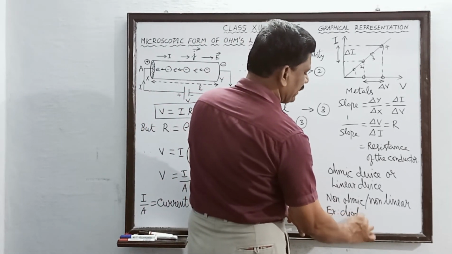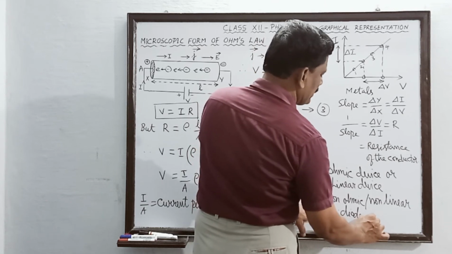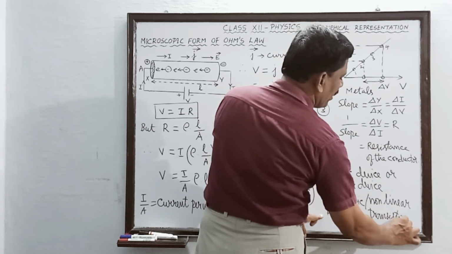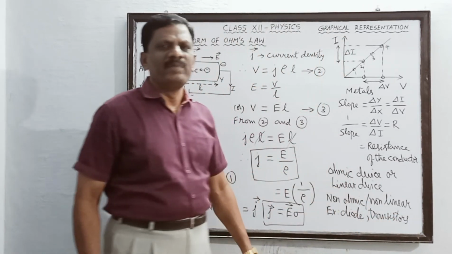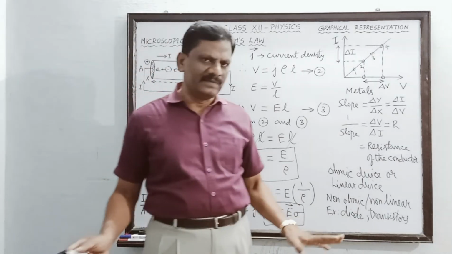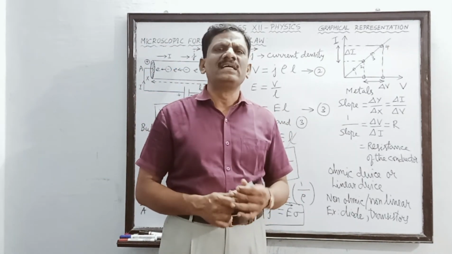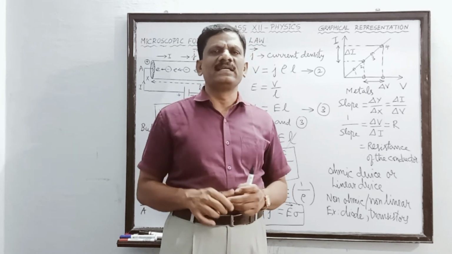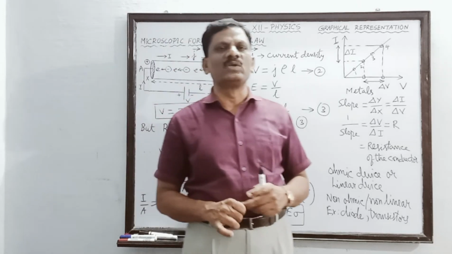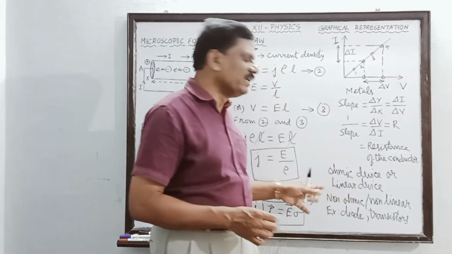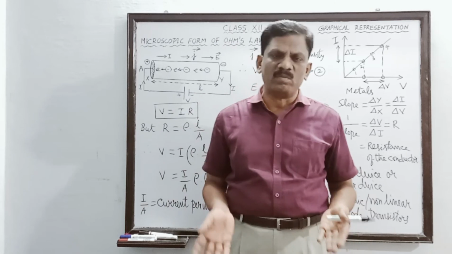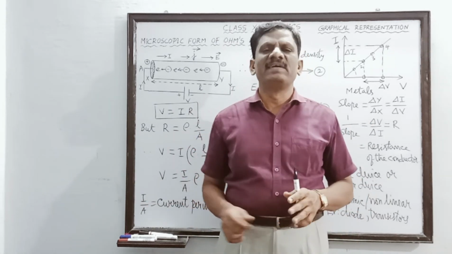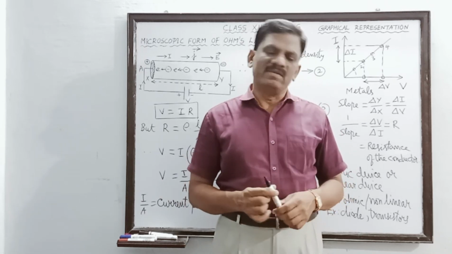For examples, diodes, semiconductor made, that is the diodes, transistors. These are all some of the semiconductor devices for which if you draw the graph between voltage and current, it will not be a straight line. So ohmic device is any device which obeys Ohm's law, and the voltage current graph will be a straight line passing through the origin. And non-ohmic device is any device which does not obey Ohm's law, and for that the graph will not be a straight line, and hence that device is also called as a non-linear device.